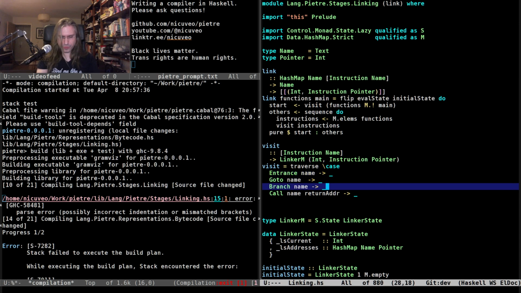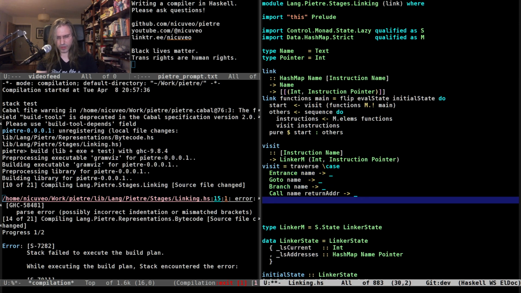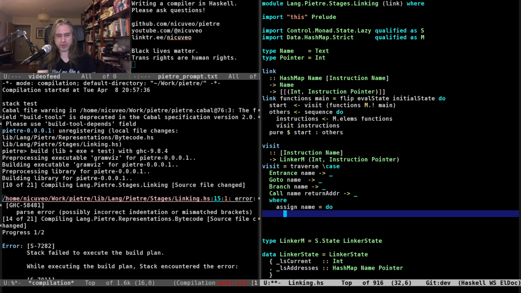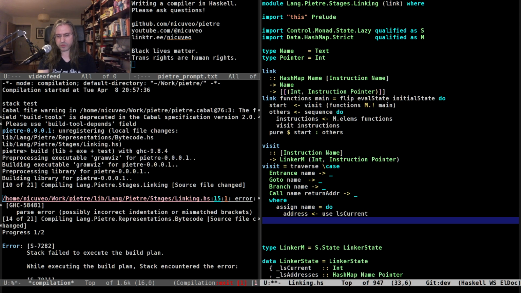So for each of those, what are we going to need? I guess I can make a small helper function, which is name this thing. So assign of a given name is going to be: the address is going to be the current address that we haven't used.